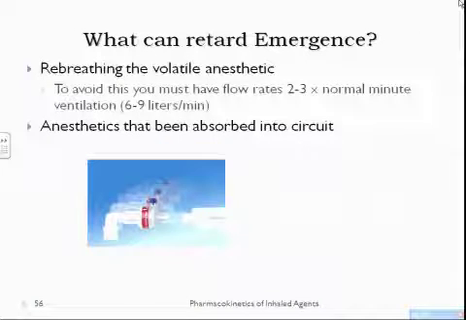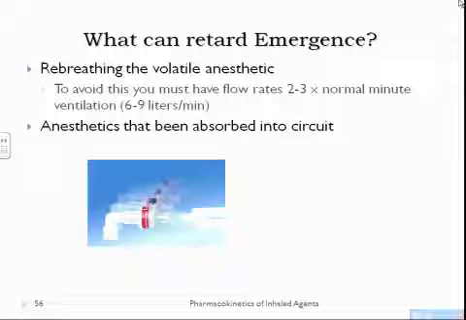So what can retard emergence? Rebreathing. And actually, I use rebreathing quite a bit. Rebreathing has good aspects to it, too. If I drop my flow rates, the person will start rebreathing the gases coming out. And I'll show you a picture of that next hour. Or 2 hours from now. Okay? But